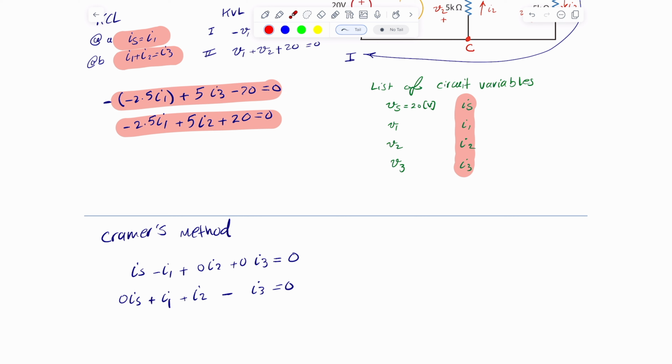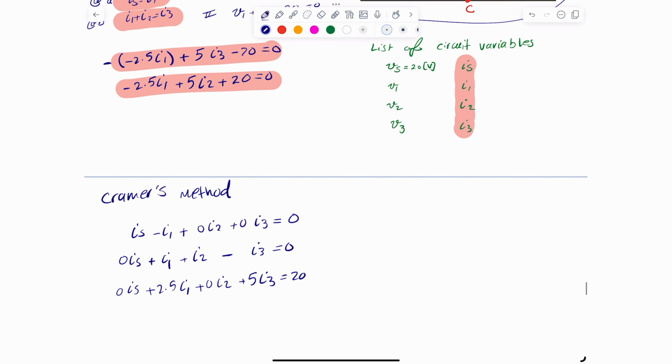All right, so the equations that we're generating using KVL will need a little bit of cleanup and reorganization. So let me just do that. For I of S, that will be 0 I of S. And then for I1, that will be plus 2.5 I1. And then for I2, that will be 0 I2. And then, of course, 5 I3. And that should be 20 on this side. So basically, we move this to the other side. All right, the last KVL equation is simply 0 IS negative 2.5 I1 plus 5 I2 plus 0 I3 equals